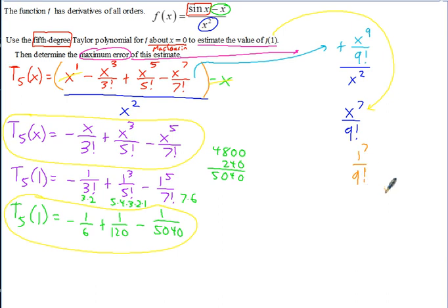Wait, 1 to the 7th is just 1. Now if you have 9 factorial, that's going to be a pretty large number, so you can just leave it 1 over 9 factorial instead of working out what it is. So the way this is usually written